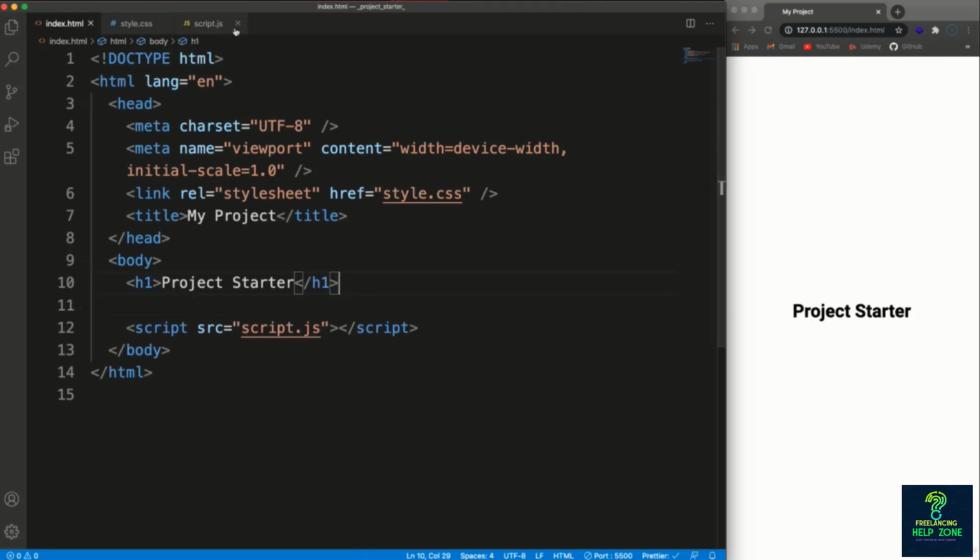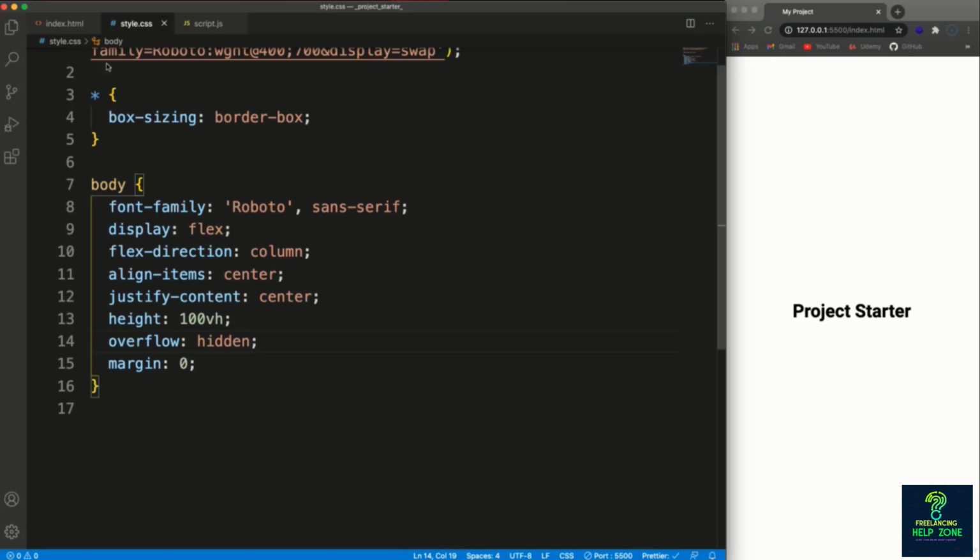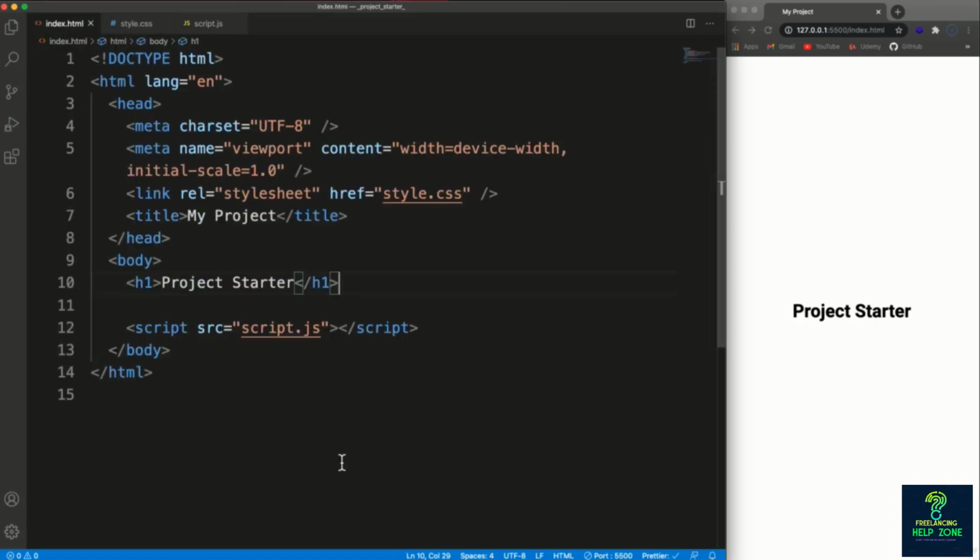Okay, so that's pretty much it. No JavaScript because that varies very differently per project. I just wanted to add some basic styling to kind of move everything to the middle, add a font, also link in our style sheet and JavaScript because we don't want to do that in every single project. So from now on, you can just simply copy or duplicate this folder,